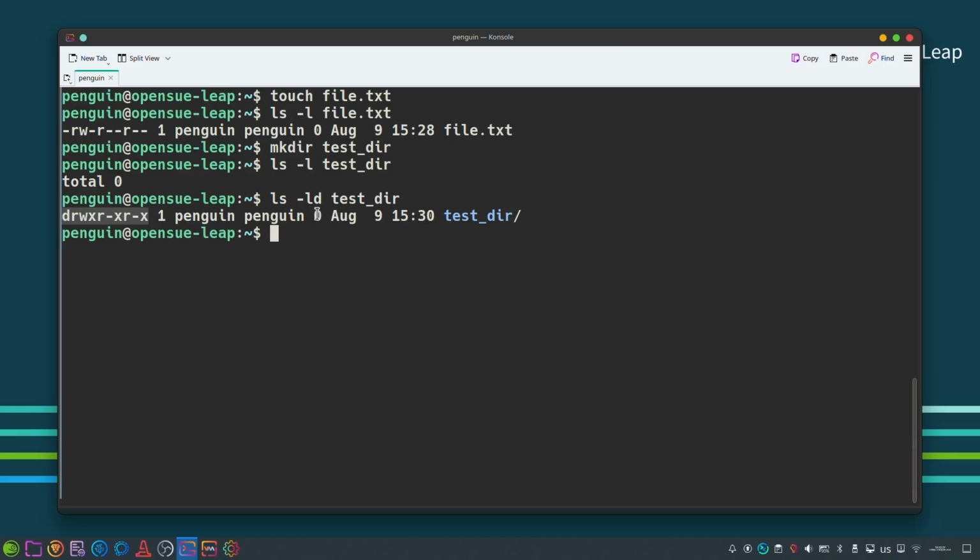The other type is shortcuts or pointers to other files or directories, and they are similar to shortcuts in Windows. So how do we create a shortcut here? Let's say this file, I want to create a shortcut for it. The command is ln for link, -s for symbolic link, then the file you want to make a shortcut to, and at the end the name of the shortcut. So let's say file